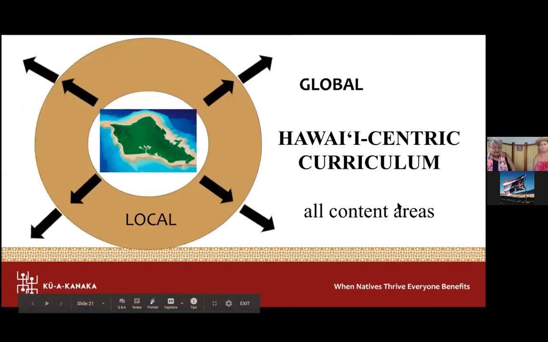So no matter what it is that you teach, your island, in this case, it's Oahu, but you know, if you're on another island, it's your island, is the center of your curriculum, regardless of what content, whether it's PE, whether it's science, whether it's health, language arts, math, it starts right there in your community. And then we move out in concentric circles all the way to the ends of the earth, as far as I'm concerned. But it has to start here, because that's the only way that we can make our curriculum relevant, is if we start at home. If we start with the things that our students know and that they're familiar with.